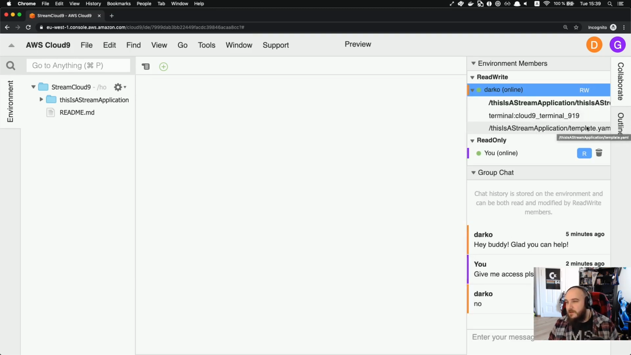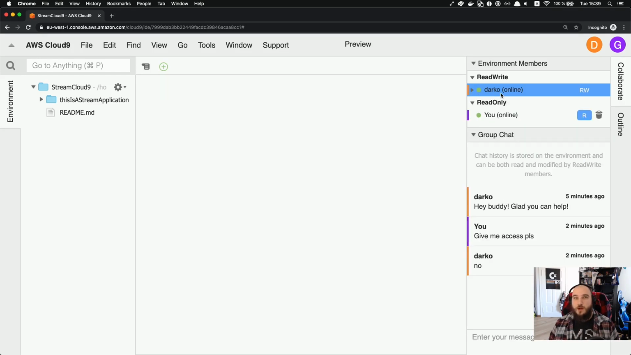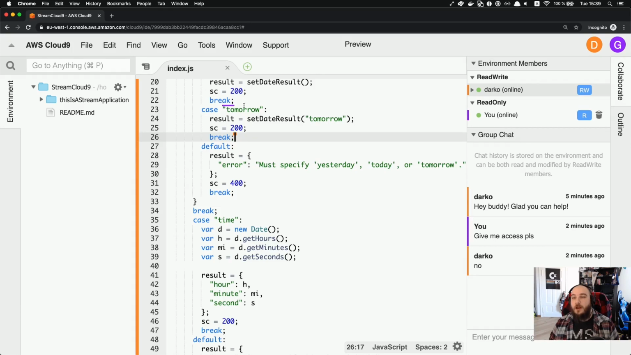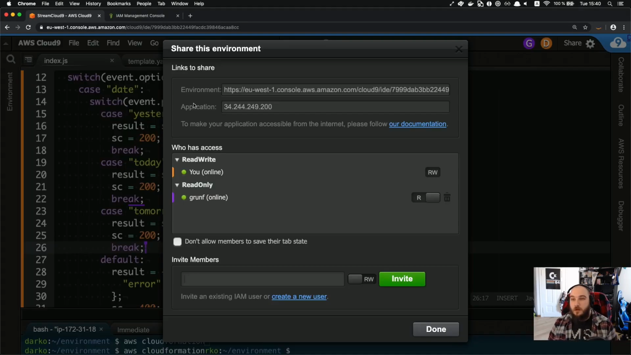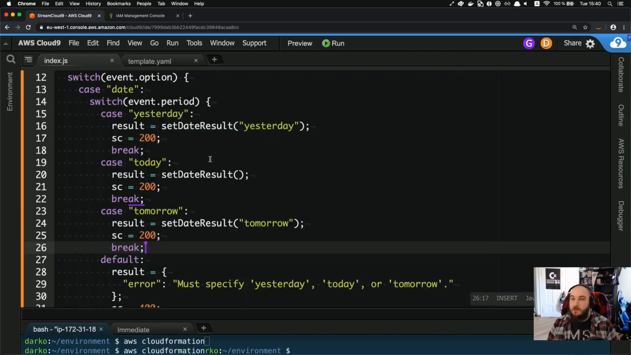I can see that he has this template file open, this JavaScript file, and the terminal is also open at that person. So you're able to see where that person is, or actually what that person is doing right now. If I go to show location, it will actually open the file where that person is currently looking at. Darko is looking at this,